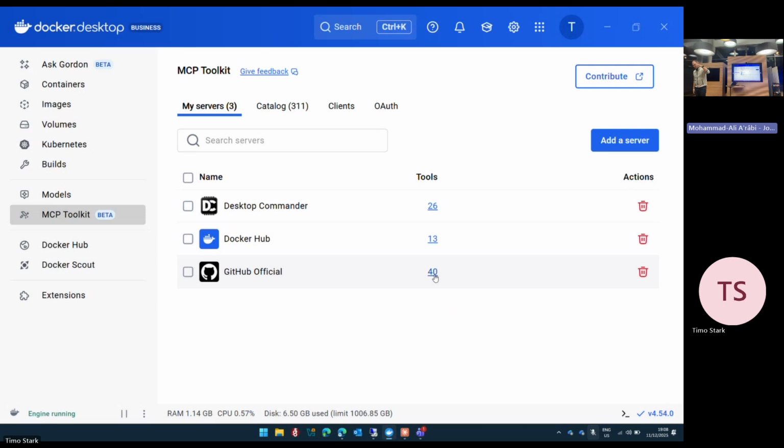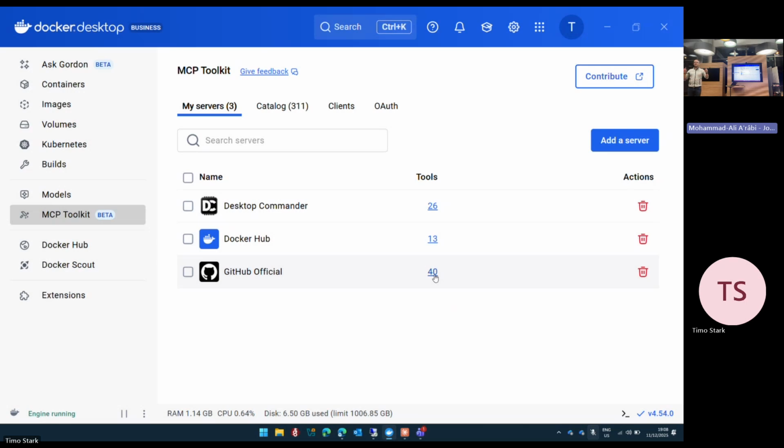So the simplest one, how the gateway works, is over standard in and out. So it's literally a stream communication. And the more advanced technique is with HTTP post requests. And there is one very important sentence in the documentation saying if you implement an MCP server by yourself and